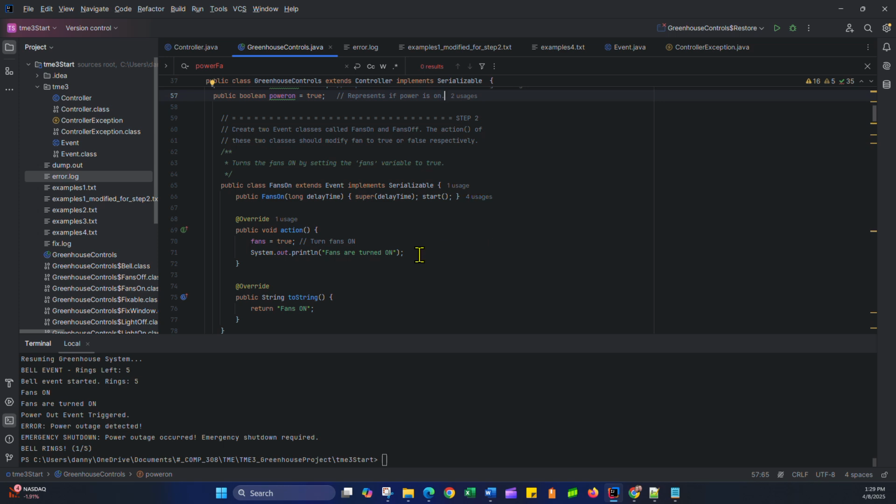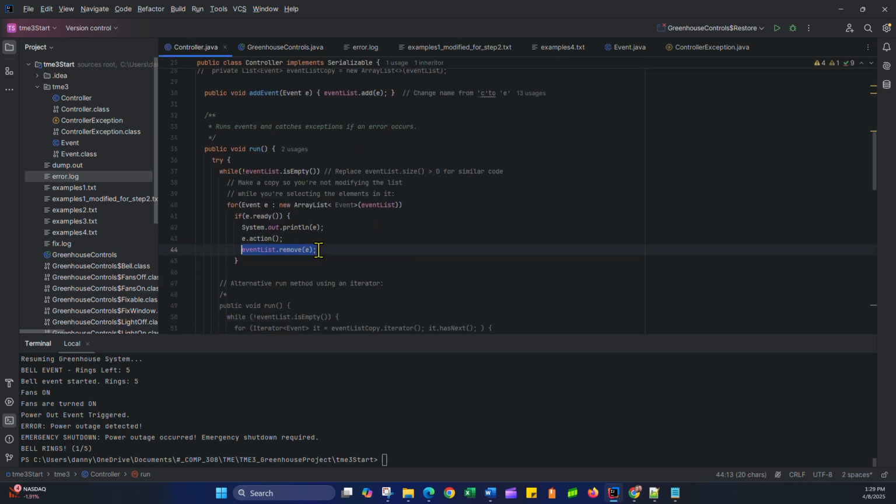I need a way to just remove it from the list. So basically, again, ultimately I want this to be removed from the list in the action. So instead of the action happening here,